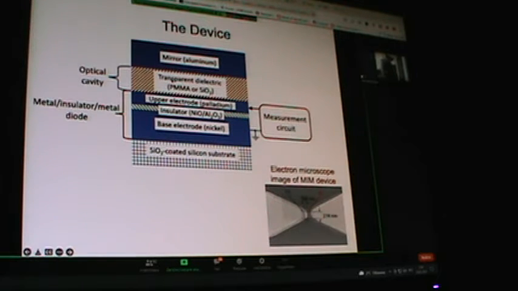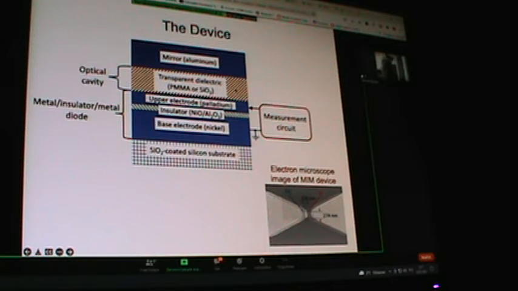The actual implementation is shown here. We start with a glass, silicon dioxide coated silicon substrate, put a base metal of nickel on it, then a very thin double insulator of nickel oxide and aluminum oxide, and then a thin layer of palladium on top. To form the cavity on top, the Casimir cavity, it would be nice if we could use vacuum